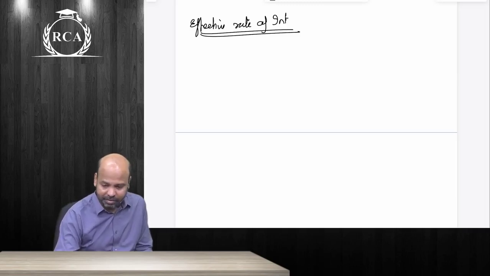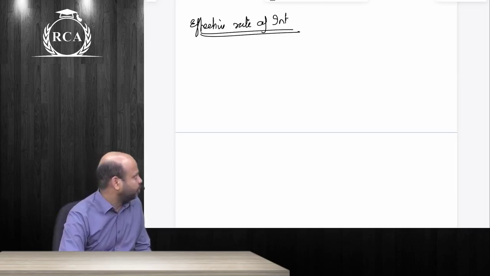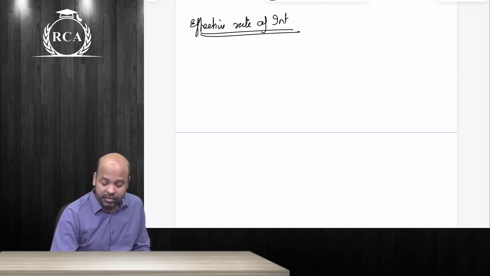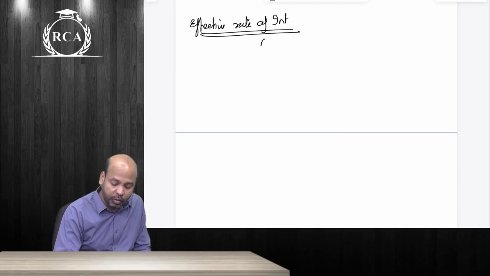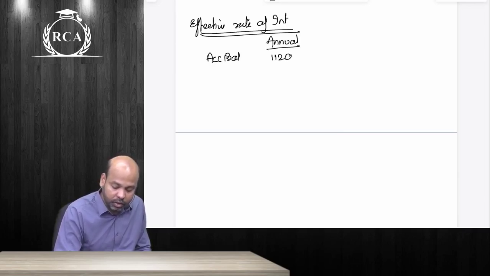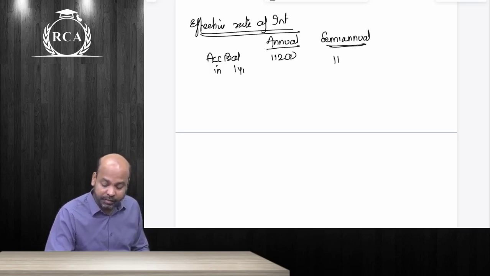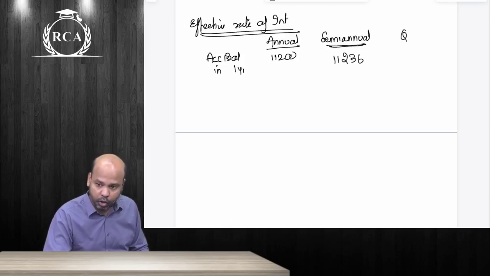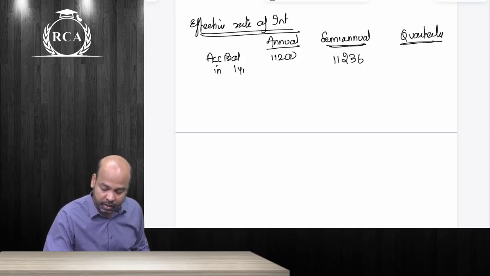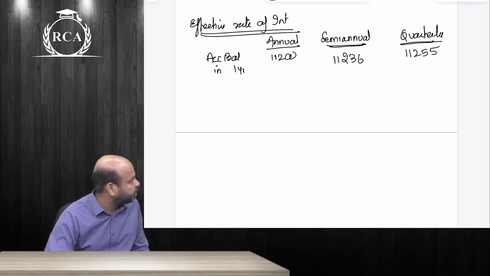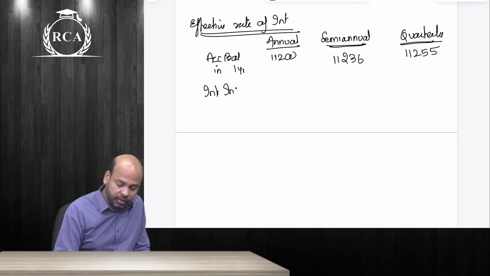First, in the example that we wrote, the 1 year one, I'll tell you how to compute that, guys. In the first case, that is annual basis, what was the accumulated balance? Continuing with the same example, beta, in the case of annual, you had 11,200. This is the accumulated balance in 1 year. If you were compounding on a semi-annual basis, the accumulated balance was 11,236. And if you were doing it on a quarterly basis, it was 11,255.